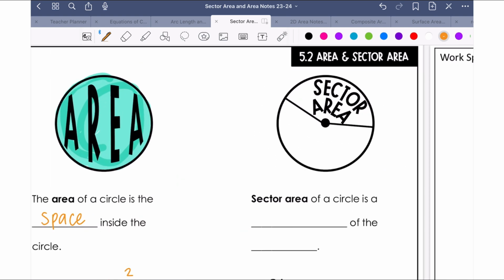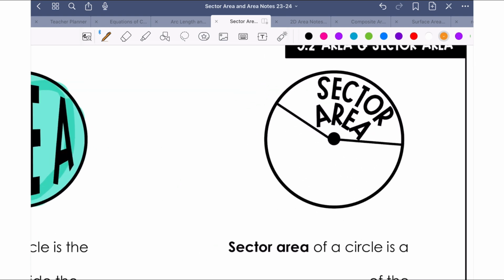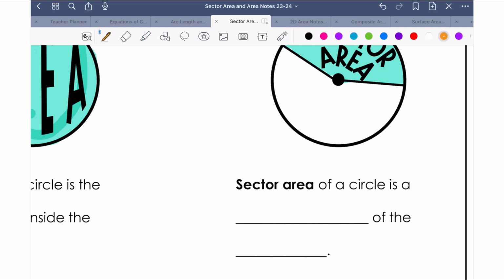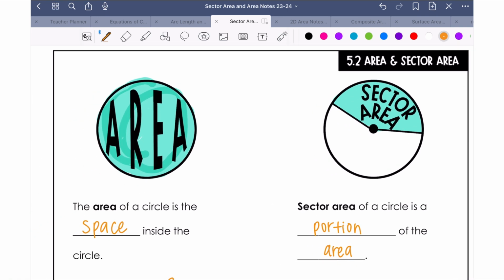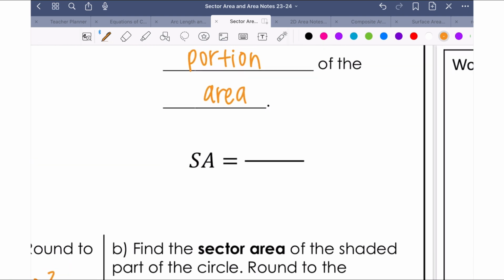Let's do sector area. The best way I can relate it is just an area of a section of a circle. So it's not the whole circle, it's just a section of it. That is sector area. Sector area is a portion of the area. So look at the difference. Area is all the space inside. Sector area is just a portion of that space. And since we're doing just a portion, then our equation,